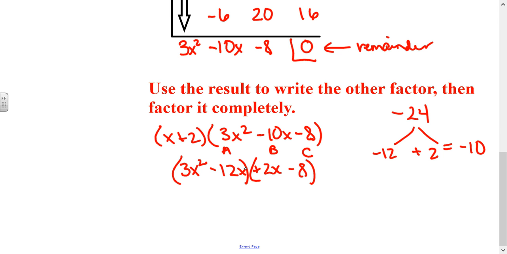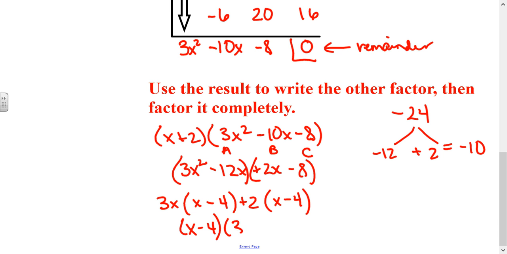So the greatest common factor of the first part would be 3x. And then I would have left over x minus 4. And then I could take out a positive 2 here, and I would have left over x minus 4. So what I would end up with, I could take out x minus 4, and then I would have left over 3x plus 2. And then originally I had x plus 2 in the front,